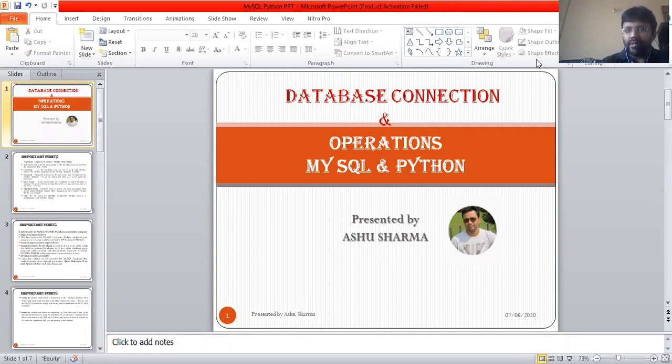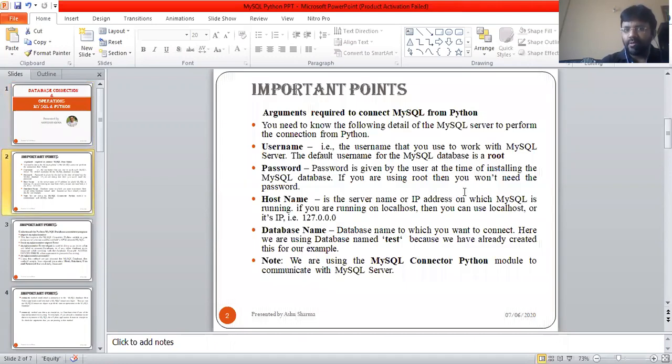So today we will see a brief overview of database connection and its operations using MySQL and Python. Till now, we have done many things about the database, how to install MySQL, the connector, and some of the methods that we use, like the connect method and the cursor method. I'm first giving a brief of all those concepts from the beginning, whenever we talk about a Python application that is going to connect with a MySQL database at the backend,